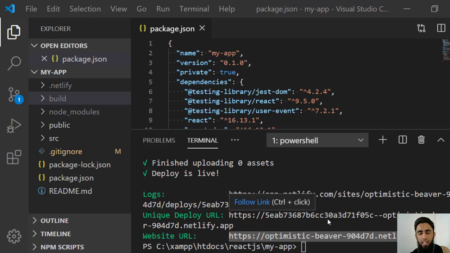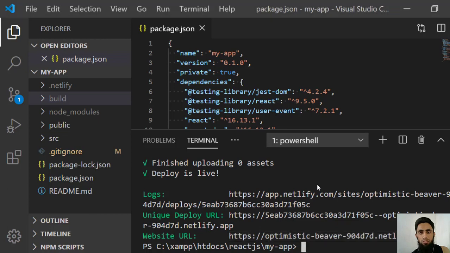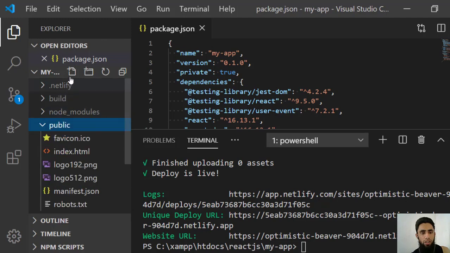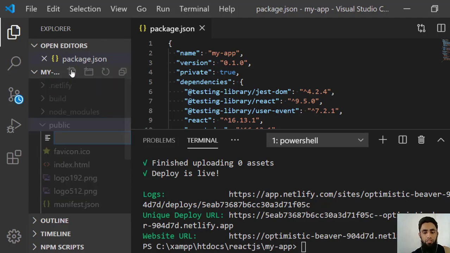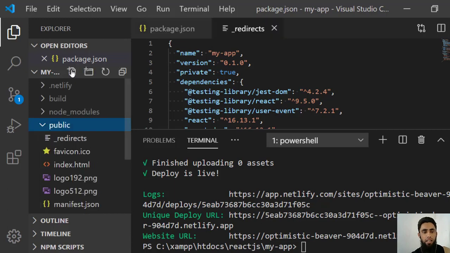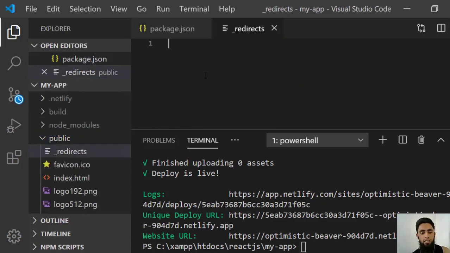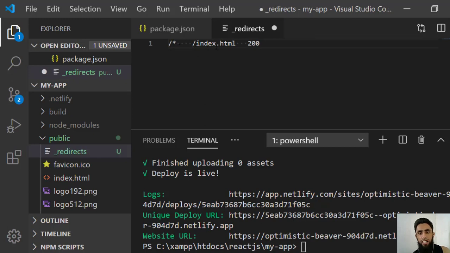One more thing I'd like to mention: if you have routes in your project, maybe those would not work. In order to make them work, you have to go to the public folder and create a file named _redirects, and inside of it write /* /index.html 200.